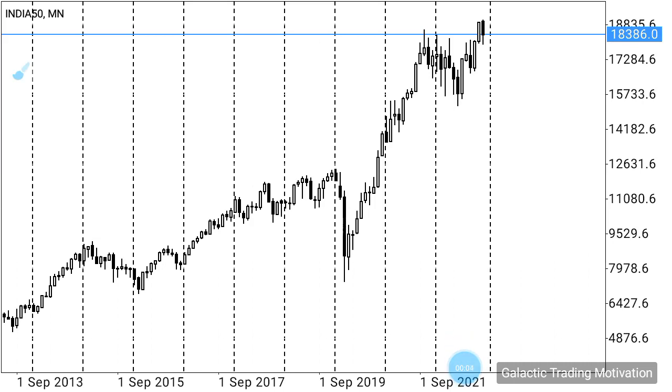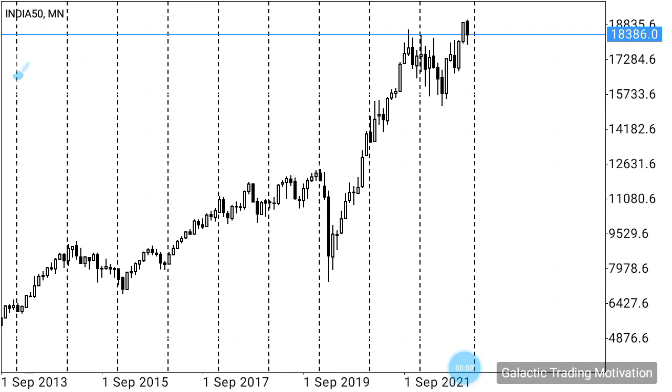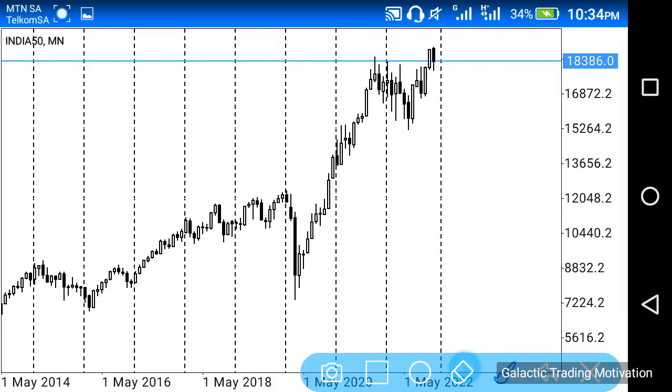Let's look at India50, which is the Indian index, and I'm on the monthly chart as you guys can see. On this particular chart, I can see that we have this candlestick over here. It is a bearish candlestick with a relatively small body and a long lower wick, and it tells us that at the bottom where that candlestick ends, there's a lot of liquidity sitting at that point,